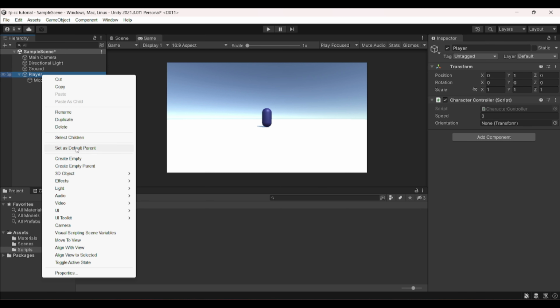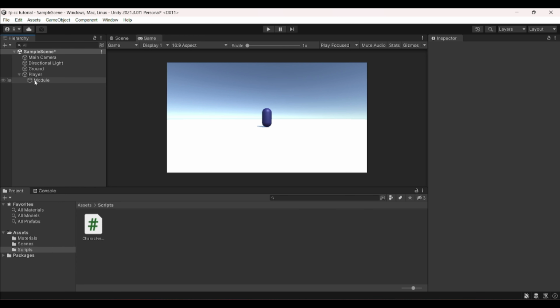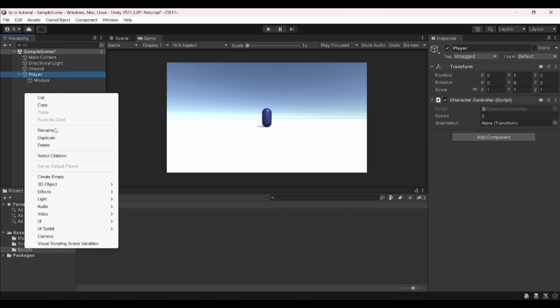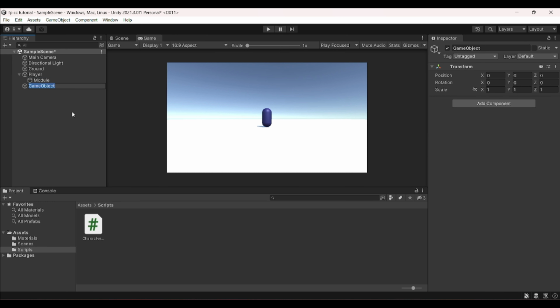Now let's create the orientation game object and make it a child of the player parent. Okay, so name this orientation and drag it under the player. And now we're good to go.